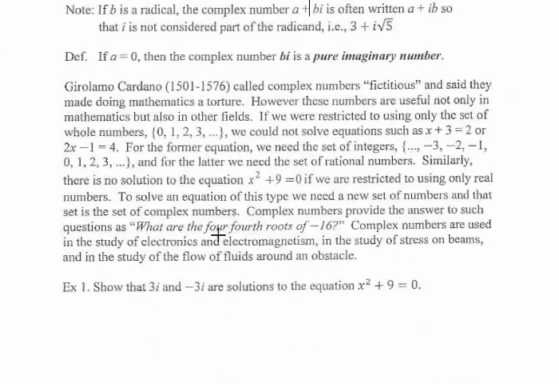At the bottom of the page, example 1 wants us to show that 3i and negative 3i are solutions to the equation x squared plus 9 equals 0. So this type of equation, we ran into it at some point back in an earlier chapter, this x squared plus 9, and we said, well, x squared plus 9,